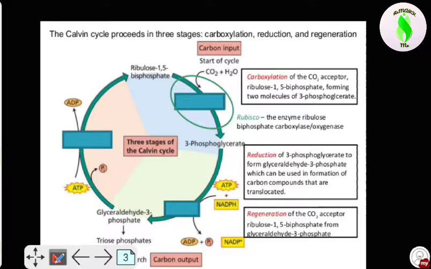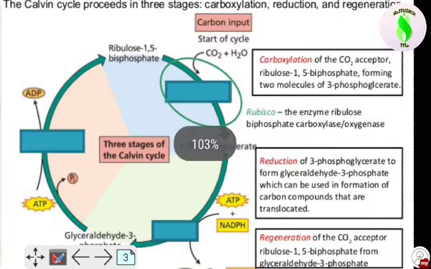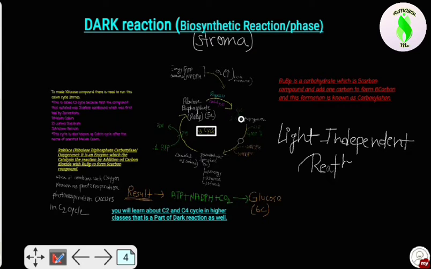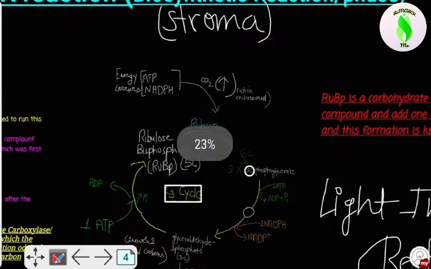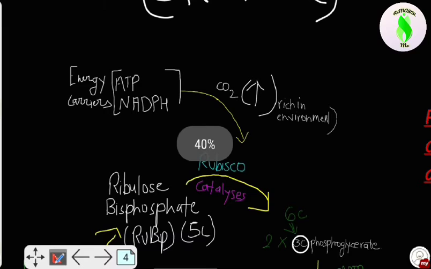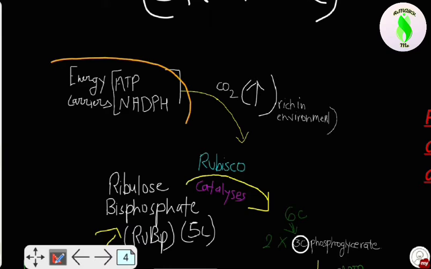Now come to our Calvin cycle. As you can see over here, this is the whole process of the Calvin cycle. It is very hard to understand from this image, so first you need to understand this diagram, and I'll explain it in a detailed manner. We all know that from the light reaction two molecules are obtained, that is ATP and NADPH, and these two energy molecules perform a very important role in the Calvin cycle.